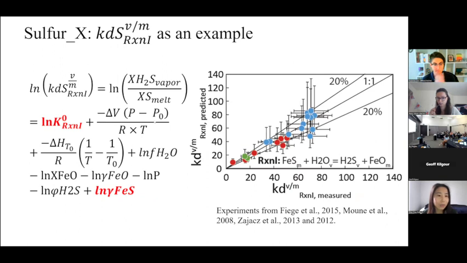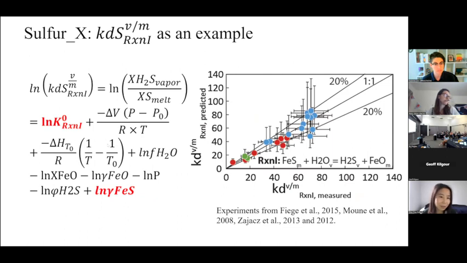We used the volume change of each reaction, as well as the fugacity of the volatile in the vapor phase, to account for the pressure effect,